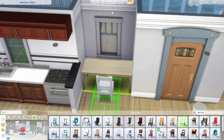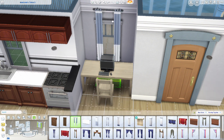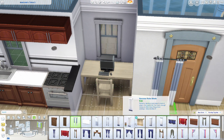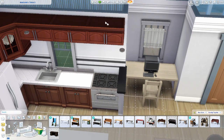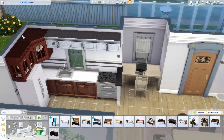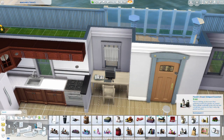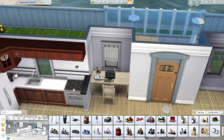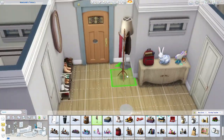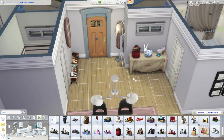Maybe the parents want to monitor their children's activity on social media or online. Social media is online, and so it's kind of a community computer. There's only one computer in the house, and it's just a very useful item in general to have computers in The Sims. And so we are just going to be adding a little coat rack by the front door